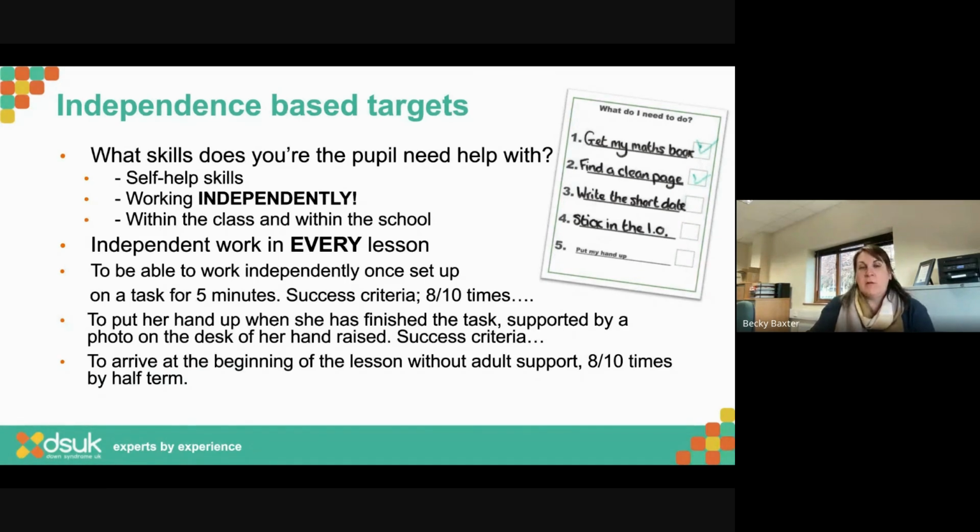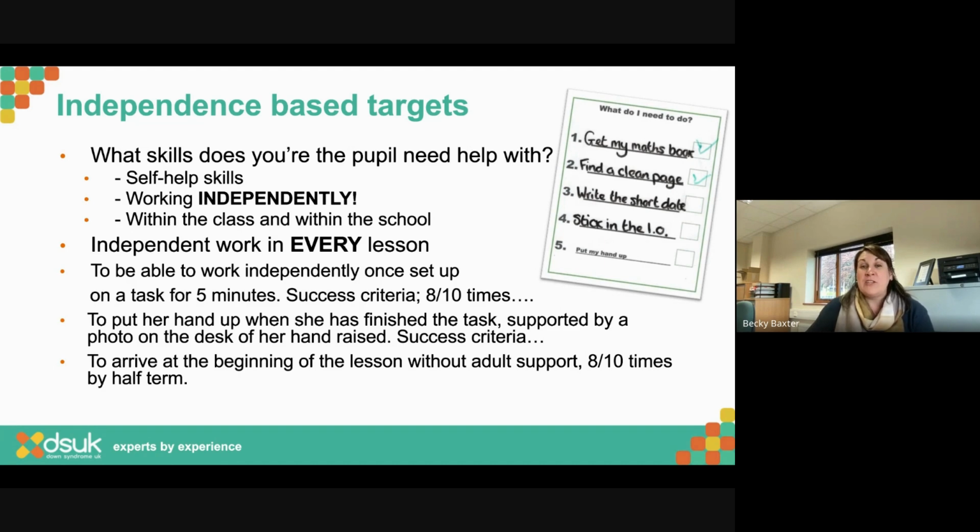And if they're wrong, in terms of independence, did you stay there? Did you try and count out the counters? And did you try and write down some numbers? If you did, fantastic in terms of independence. If the answers are wrong, that tells me we need to do more work. I see what you can do with a bit of support. I can see what you can do on your own.